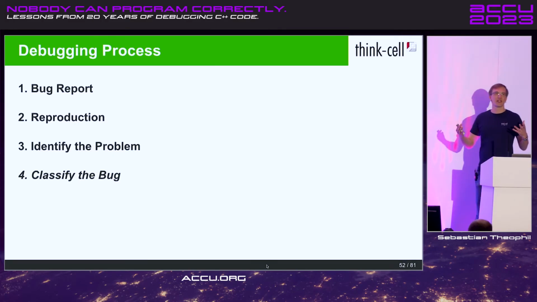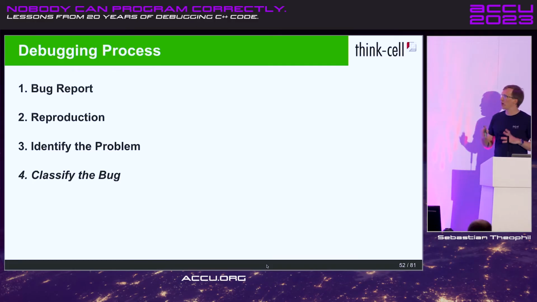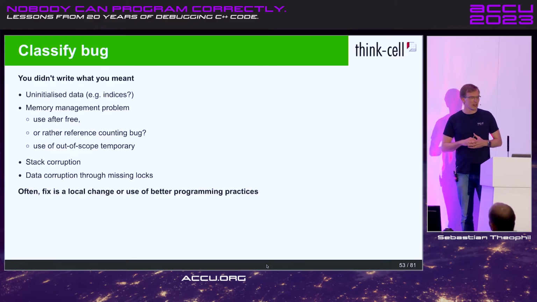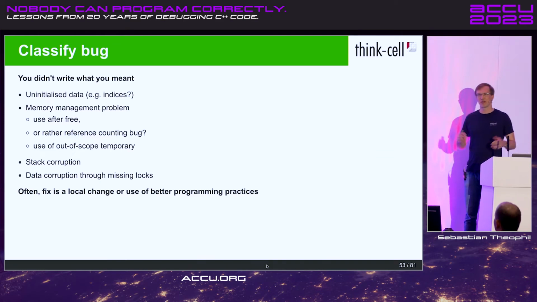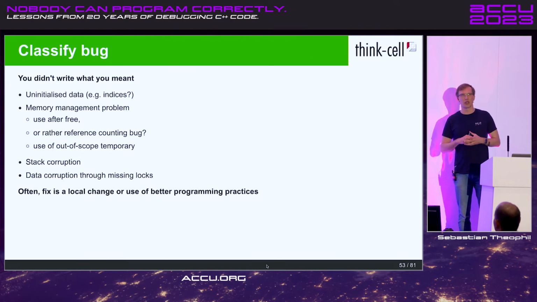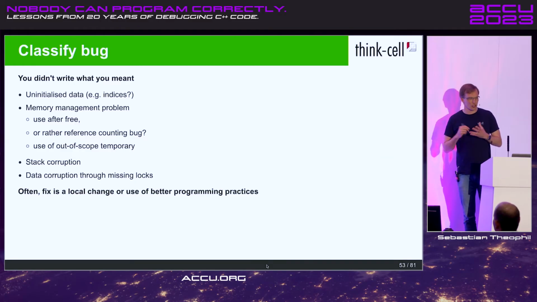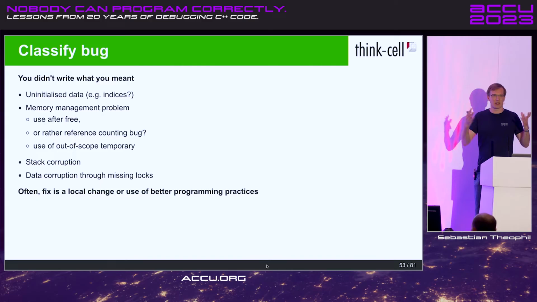Now we want to fix that problem to finish this up, right? And if we want to fix that bug, we first have to think about what kind of bug we made here. And I think there are two different kinds of bugs that we typically make. There's what I would call the small kind of bug. We didn't quite write what we meant to write. We forgot something, we misspelled something, we used the wrong variable, we didn't initialize data properly, or maybe we didn't use a smart pointer where we should have. But fundamentally, we did the right thing, just in a slightly wrong way.